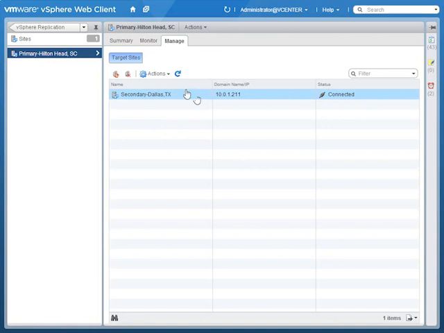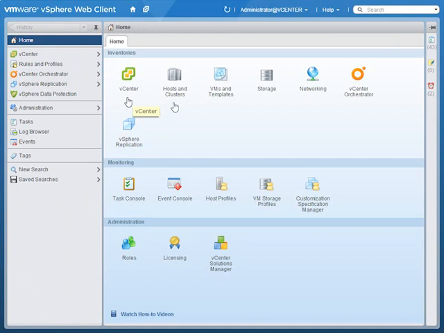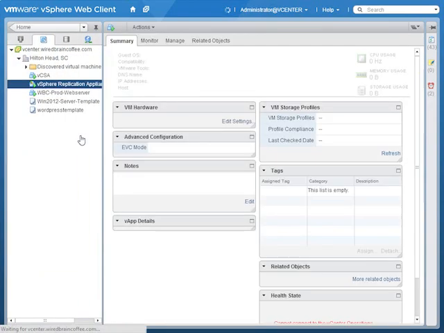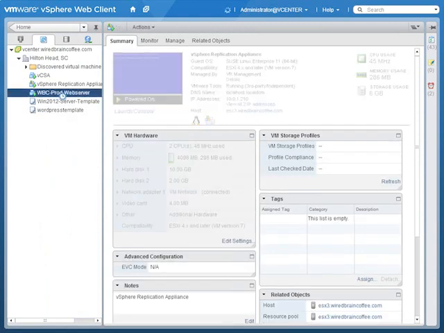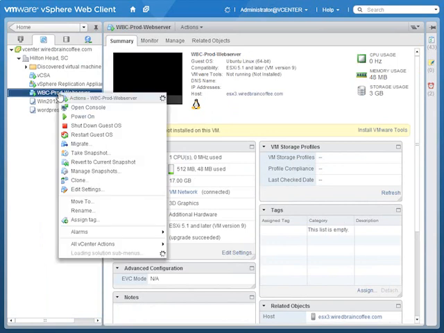To replicate virtual machines, you select the virtual machines on a case-by-case basis, or a virtual machine by virtual machine basis. So what I need to do is to go to the home screen and then either into hosts and clusters or virtual machines and templates, and then actually select the virtual machine that you want to replicate. From here, you can right-click on the virtual machine